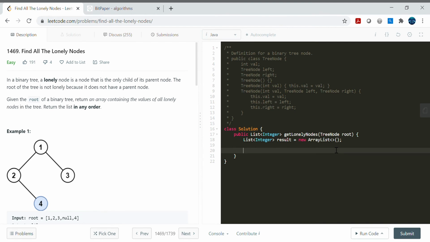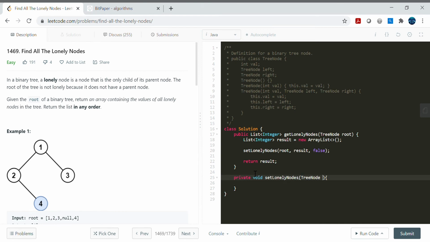Okay, so this is the result. Let's say I have a helper method called lonelyNodes, taking root and result. Because this is the root, and the root cannot be a lonely node, let's say I have a flag called isLonely, which is initially false because of the root node, and then go ahead and return result. Let's assume that this lonelyNodes is basically setting our lonely nodes by the recursive approach. So let's go ahead and create void setLonelyNodes here.